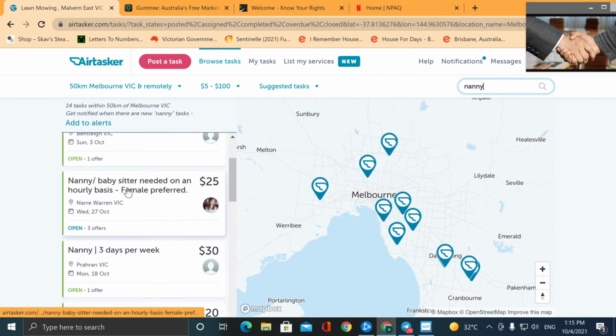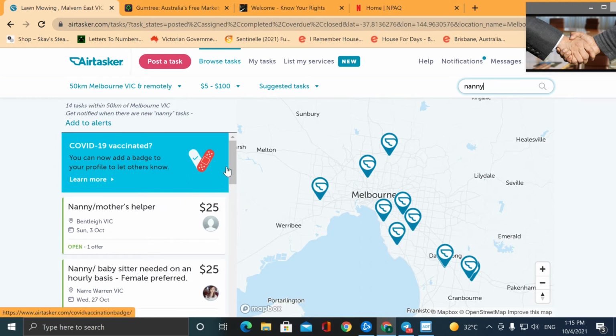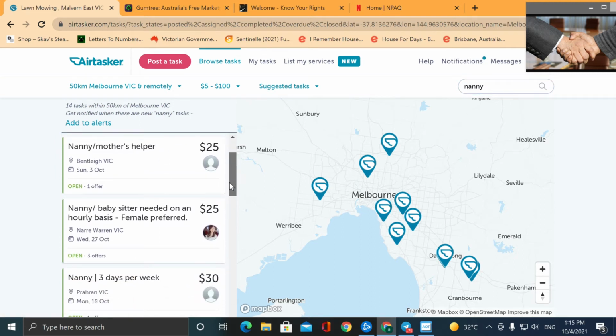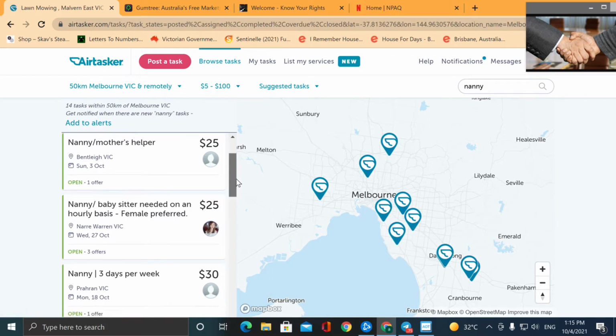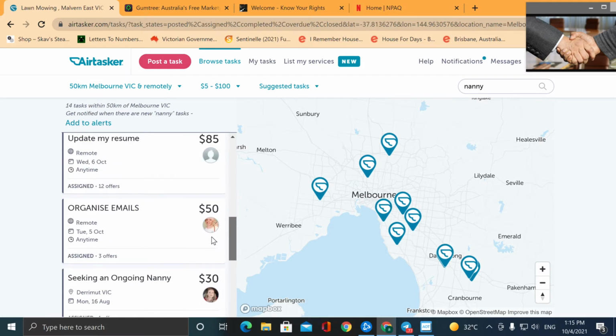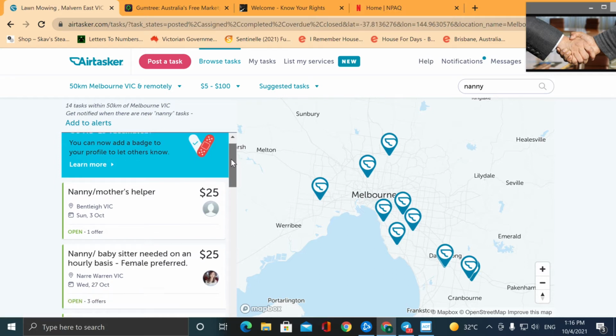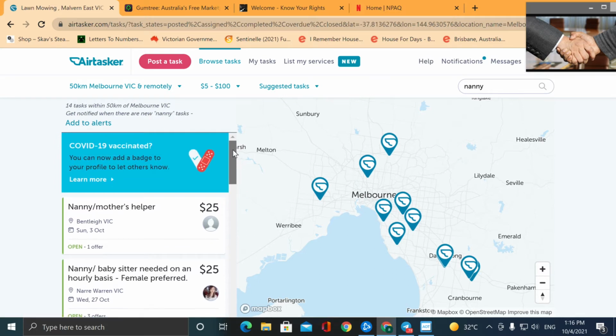Yeah, see, there's a lot of nanny work, because I understand a lot of the educated people, educators and teachers and stuff, are going to be out of work, but there's heaps of work doing nanny stuff. It's just a matter of getting the right keyword in. Like if you want to look for cleaning, or cleaning single floors or cleaning double floors or whatever it is,